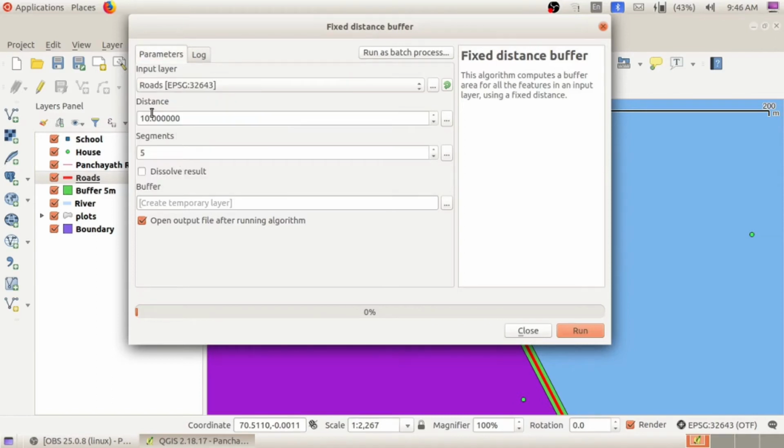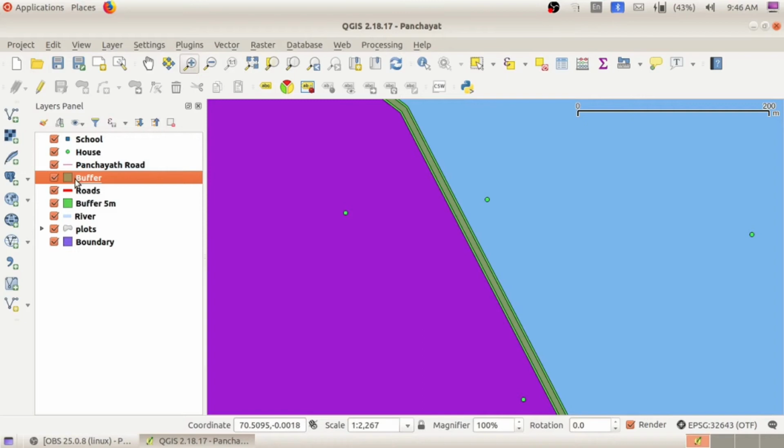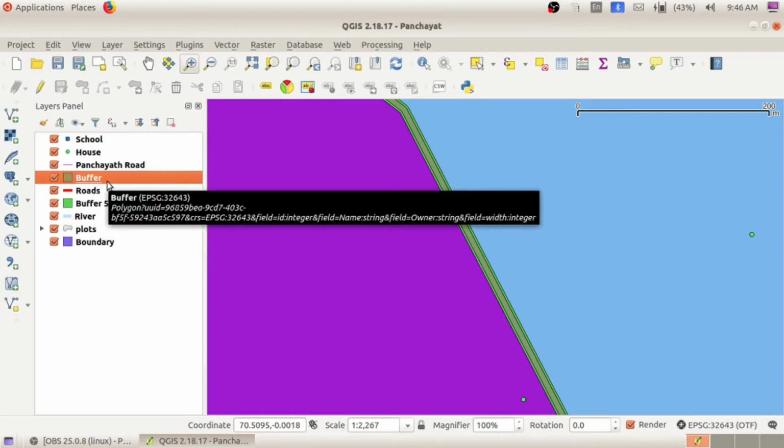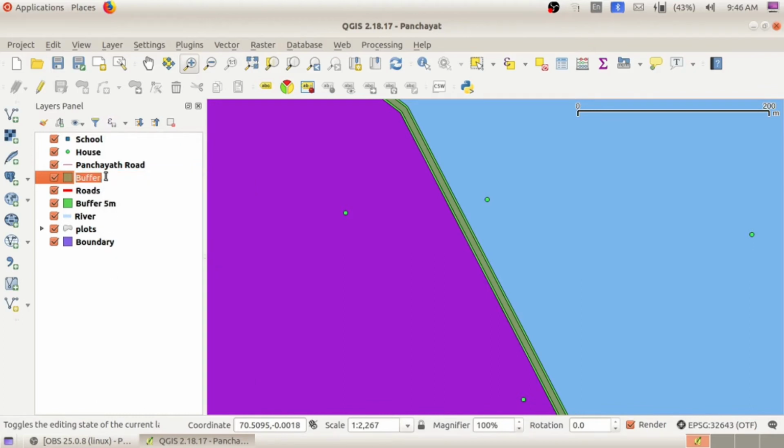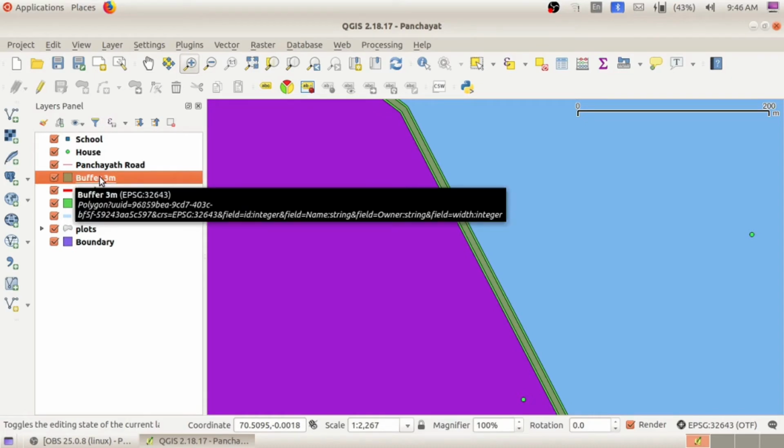Here change the distance to how many meters? 3 meters. After that click on the run option. Here another buffer has appeared. Right click on this and rename it buffer 3 meters.